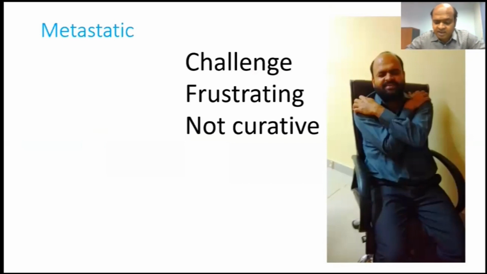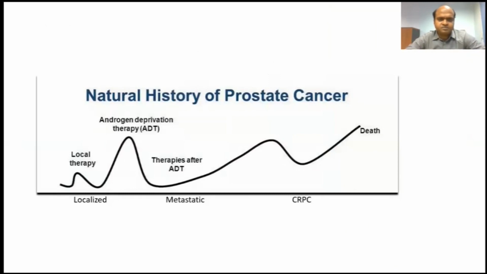The early and intermediate prostate cancer has good outcome. However, the metastatic prostate cancer has really bad outcome in the long term. So I would like to talk a few words about the natural history of prostate cancer. If you see this image, in a localized disease, the prostate cancer can be managed with local therapy. Subsequently, when it becomes metastatic disease, the most important aspect of the treatment is